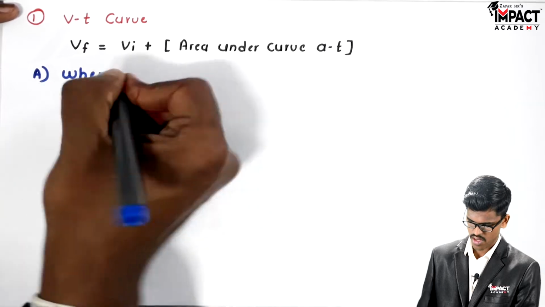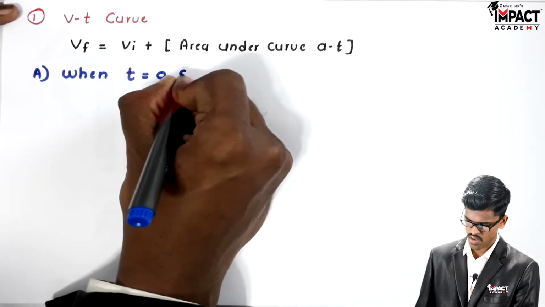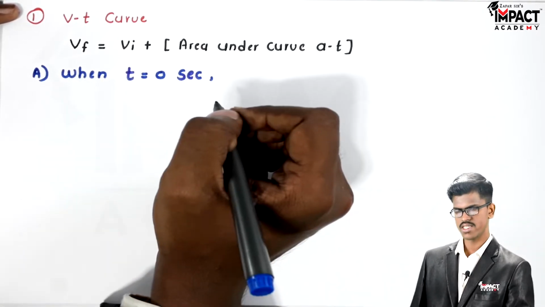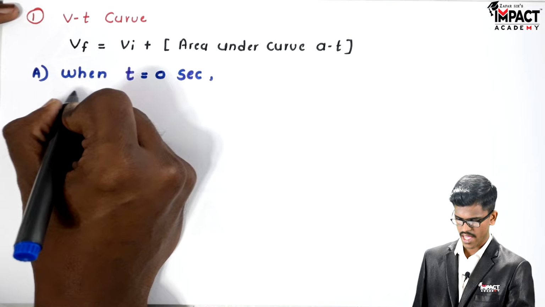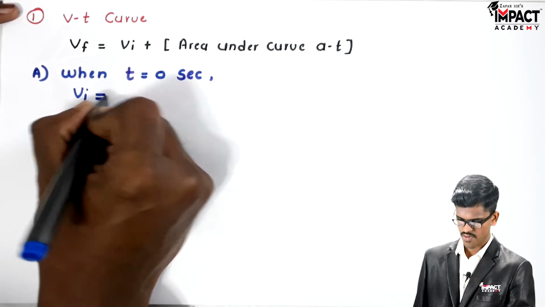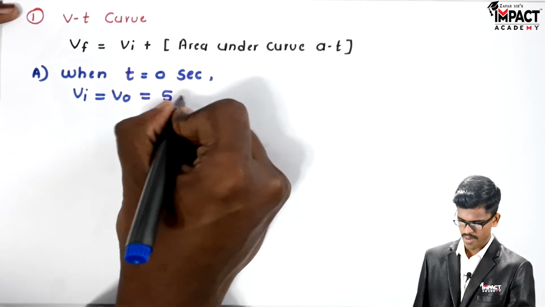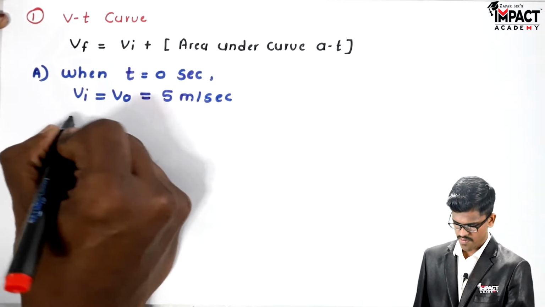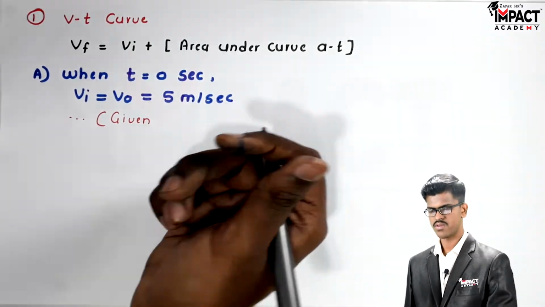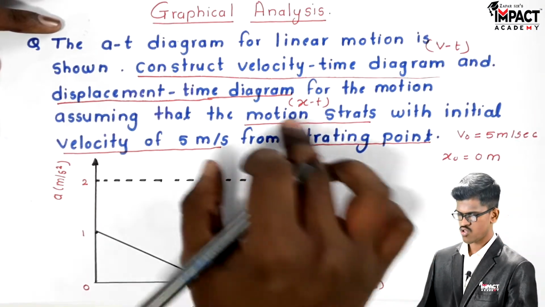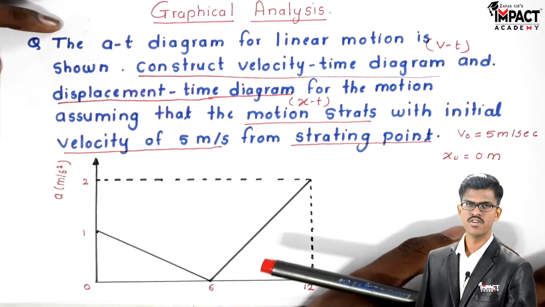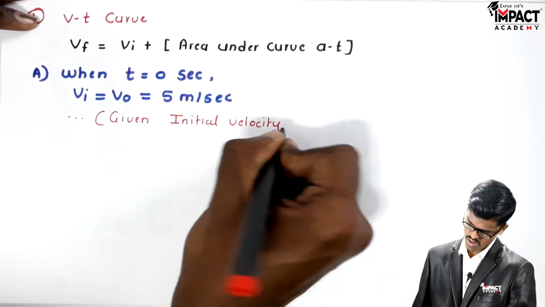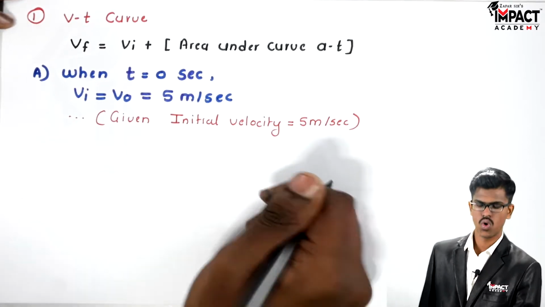When t is equal to 0 seconds, the initial velocity V naught is equal to 5 meter per second, because in the question they mention assuming that the motion starts with the initial velocity 5 meter per second. Okay, now second,